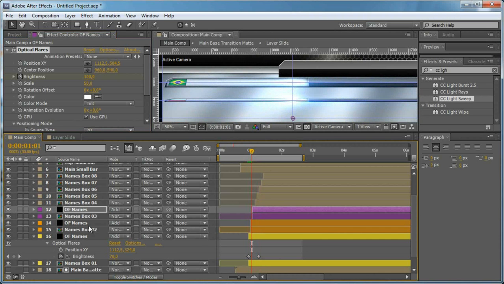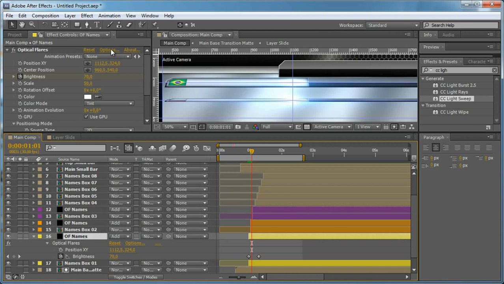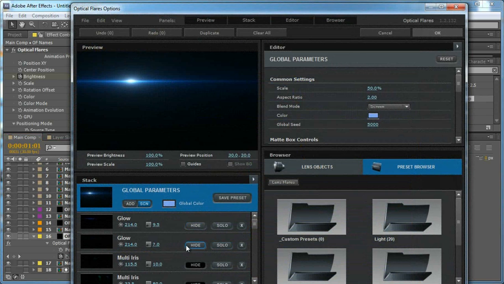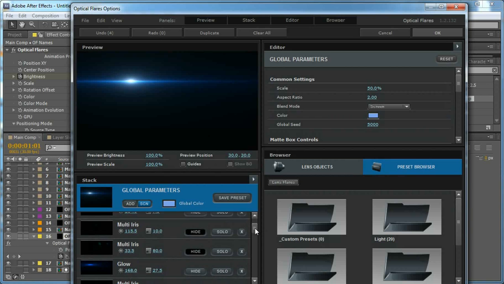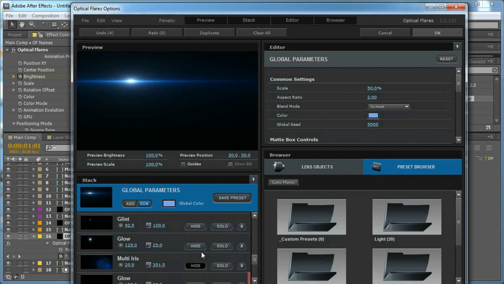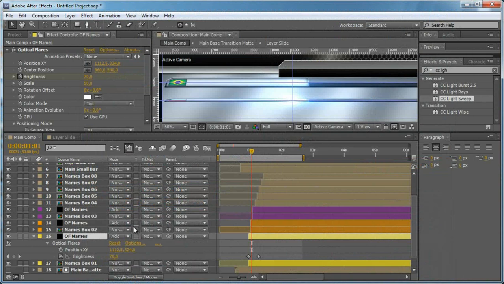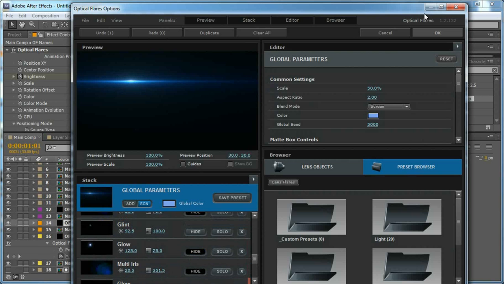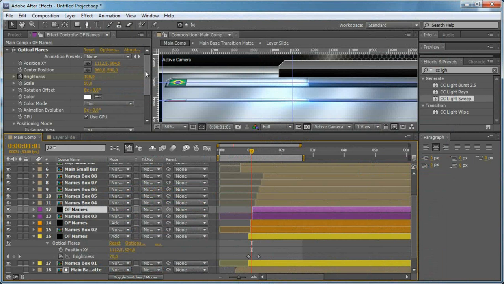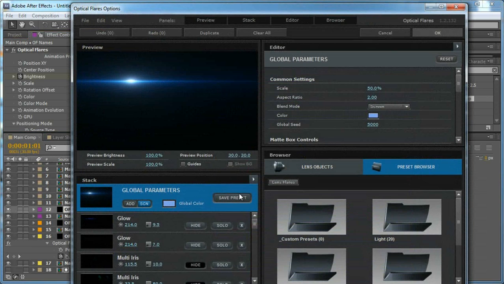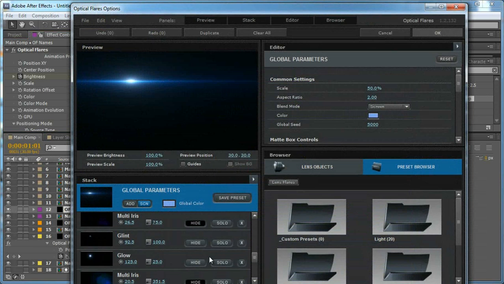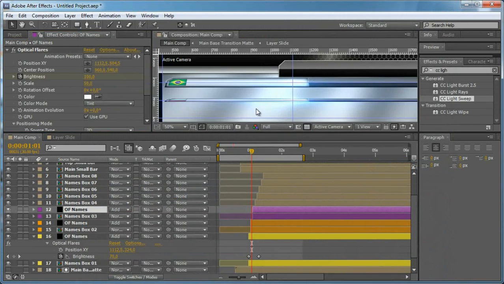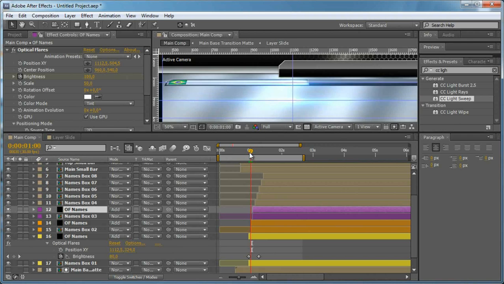And probably we can remove one of the flares right here, the middle one, this one, and do the same thing for the rest of the flares. And we needed to do that the first time,